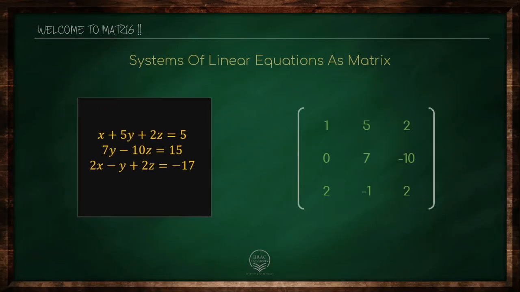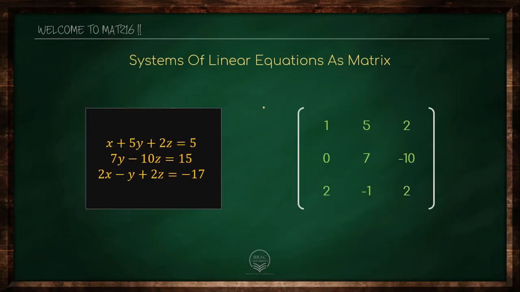Now let's come to the point where we can represent a system of linear equations using a matrix. Each of these equations has a specific structure. We have something into x plus something into y plus something into z. All of these equations follow the same structure. In the second equation, we don't have x, but we can just say we have multiplied x with 0. So 0 into x plus 7y minus 10z equal to 15. Which means to express an equation, we only need the coefficients,